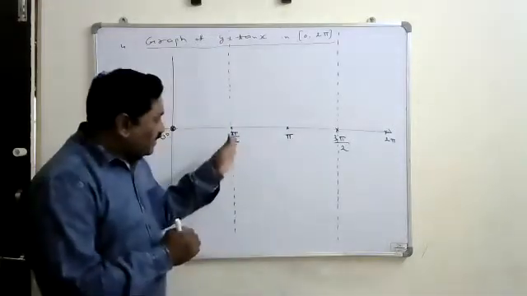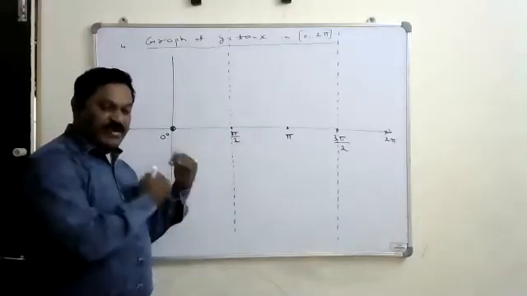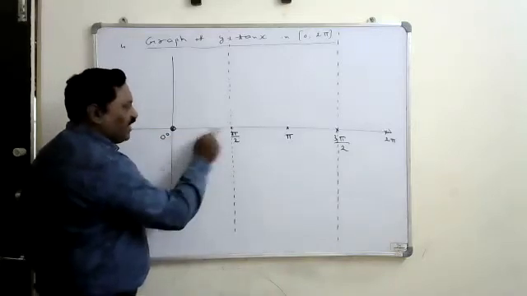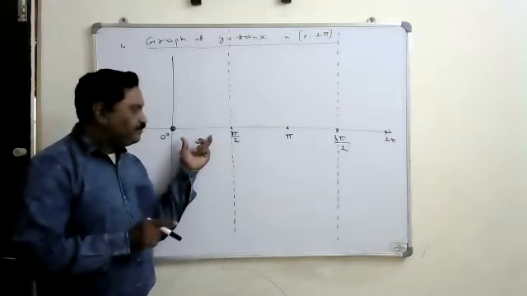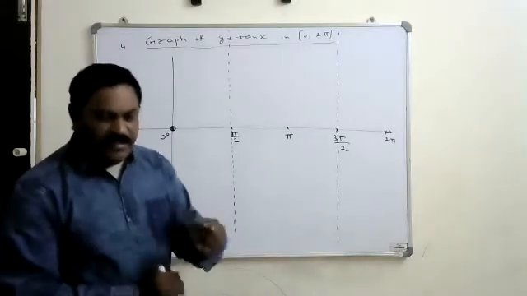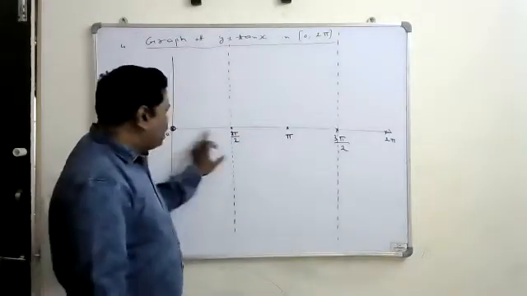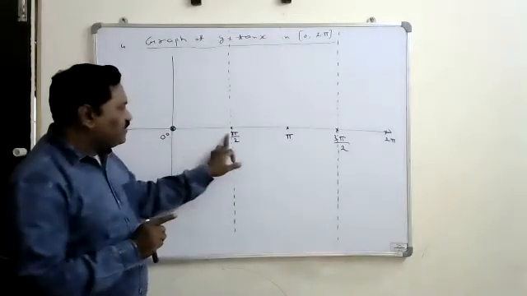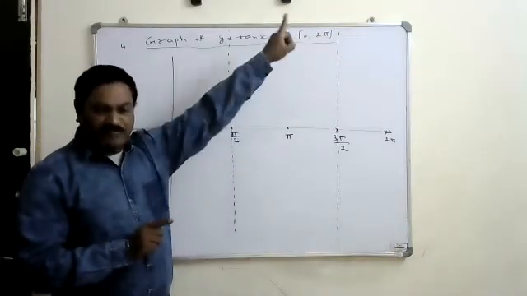So when exactly x equals pi by 2 it is not defined, but if I take slightly less than pi by 2, that is the angle lies between 0 to 90, this is the angle of the first quadrant. In the first quadrant, tan is positive. That's why for all these values, tan is going to give positive values only. So when x is increasing from 0 to pi by 2, tan also increases, and when x equals pi by 2, y becomes infinite.